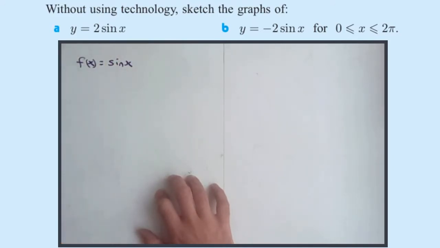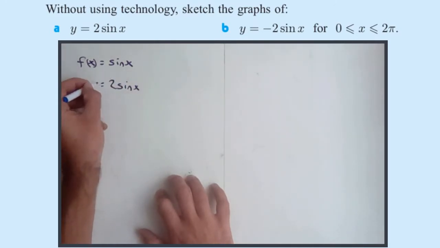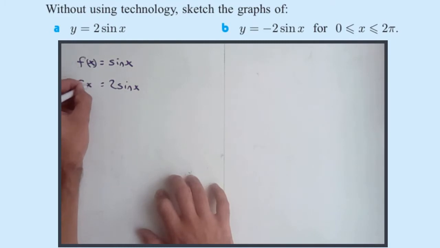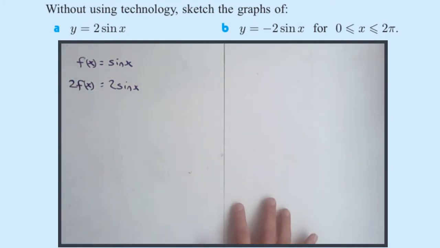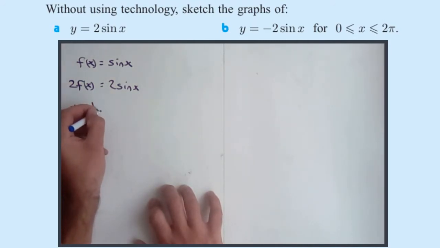f of x equals sine x, well then 2 sine x must be 2f of x. And if you think of the transformation involved in turning f of x into 2f of x, this is a vertical stretch, which means the invariant line is the x-axis. You'll sometimes see it called a stretch parallel to the y-axis, but I think the most useful way of defining it is